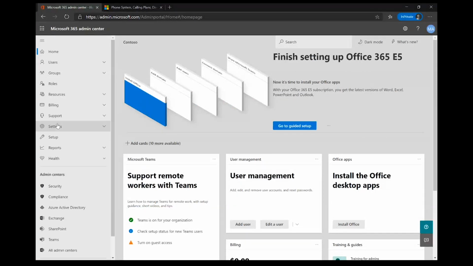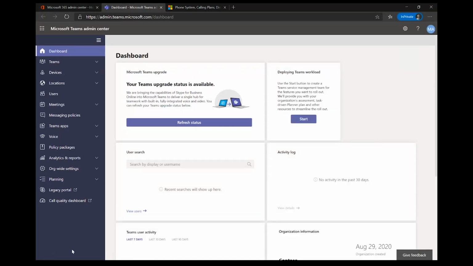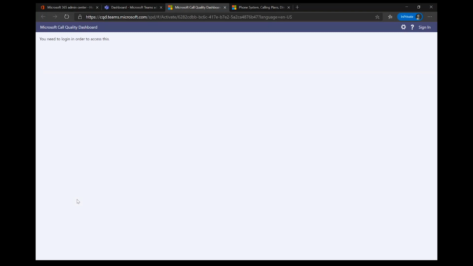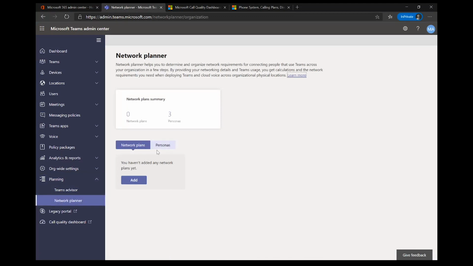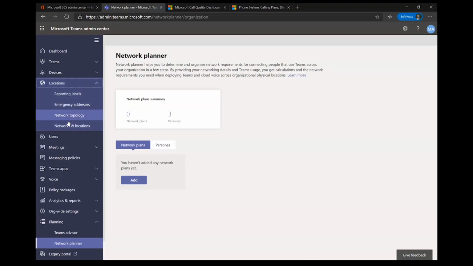So here's the admin center. And if I go down into the Teams admin center, here you can see, where is it? So one, the call quality dashboard, so that you can see how those calls are performing and if there are any issues. Why is it making me log in to access this if I'm already logged in? But the other one that's important is if you go into planning, network planner. This will help you optimize your network based on the number of employees that you have and the different factors that become important when you're addressing your network. It's going to give you some recommendations around that. And the same would go for locations,